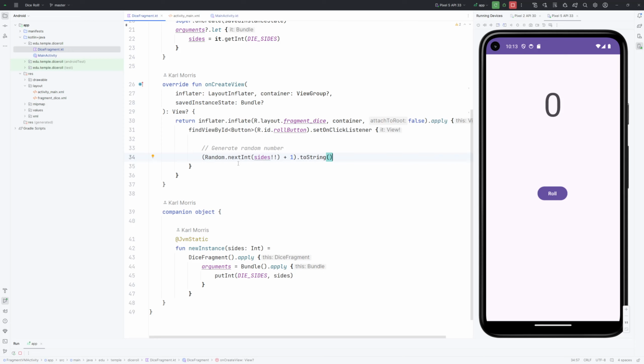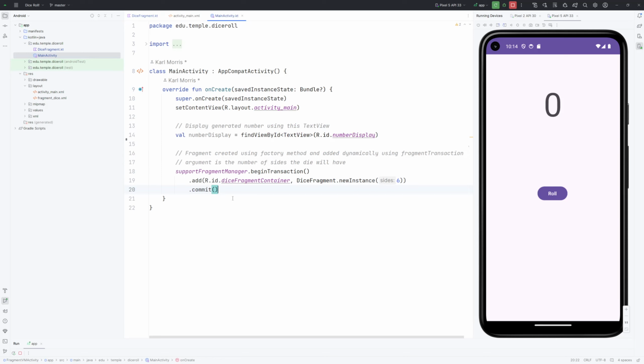Keep in mind that whenever we say we want to communicate something, we want to pass a message, that's just a fancy way of saying we want to invoke a function. We want to do a function call. So what I need is for my fragment to call a function in the activity to tell it that a dice roll occurred and here is the result. So if I want my fragment to call a function in my activity, then you might start by saying, well, let's define a function in the activity. So we'll say fun, it's public by default, diceRoll,